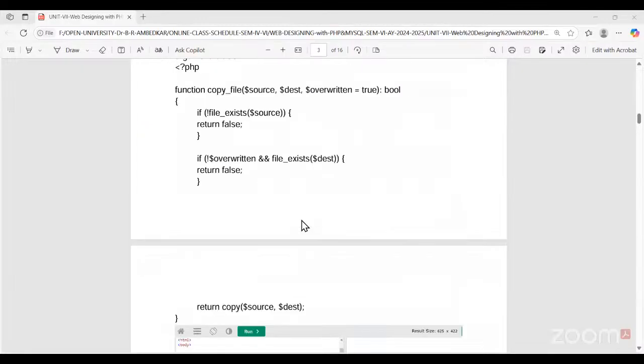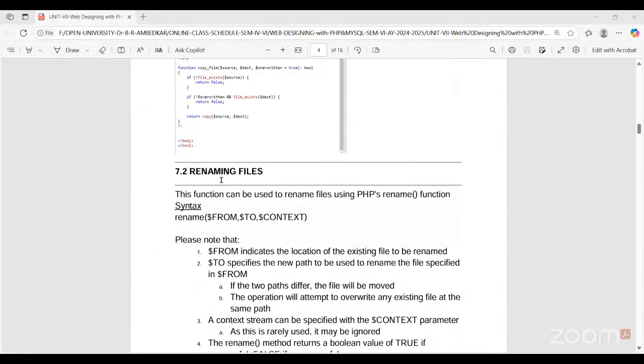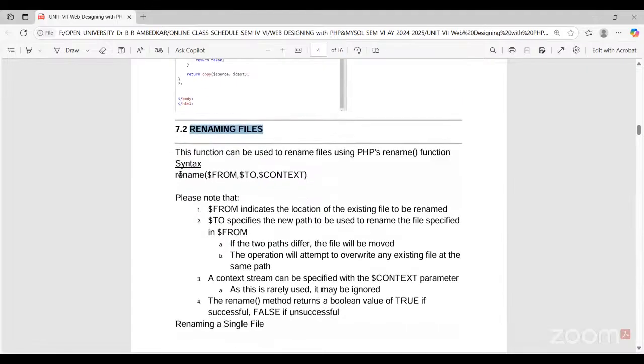Okay. Now this is the copying of the file. Now renaming files, how to rename a file? This is the rename function. To rename, you specify from which name to which name you are renaming. This is from, and this is